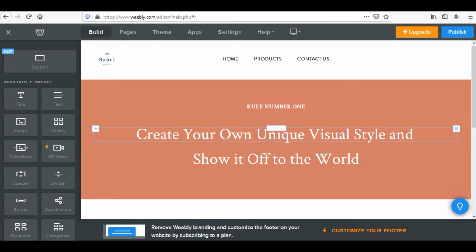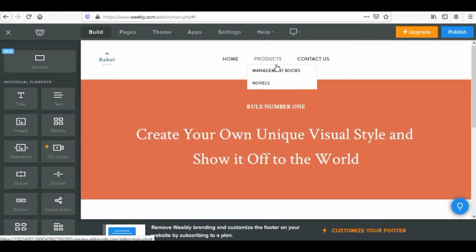So basically there are three types of website structures. One is the hierarchical model. This is the oldest and most common type of structure used on websites. It is also called a tree structure. There is the home page. Beneath the home page there are two pages, product and contact us. Within the product page there are management books and novels. Within the management books there are marketing books and other kinds of books. So it simply means there is a parent page with a broad set of information, and it is further categorized into child pages with detailed information.